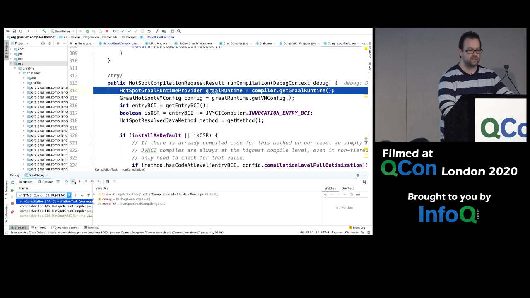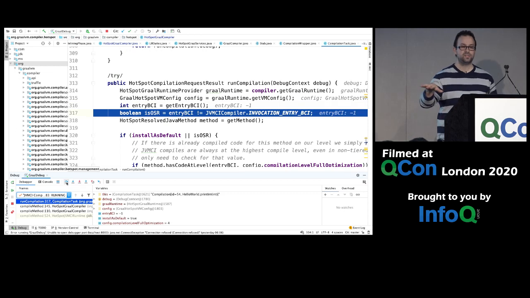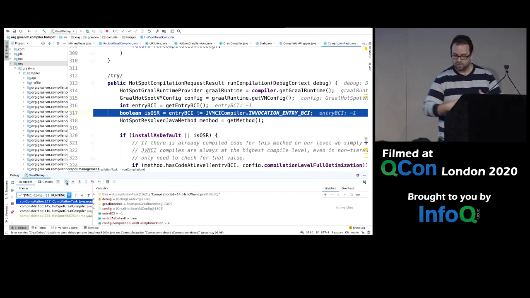So you can have a look in here. We grab hold of the runtime compiler, so we can step through this a little bit. It has a look to see if this is on stack replacement. If it's on stack replacement, that means you're in a